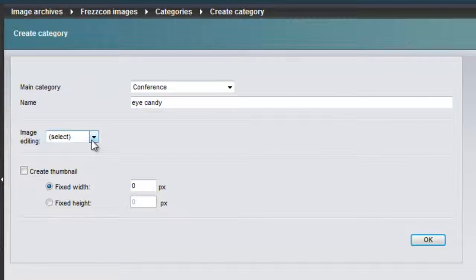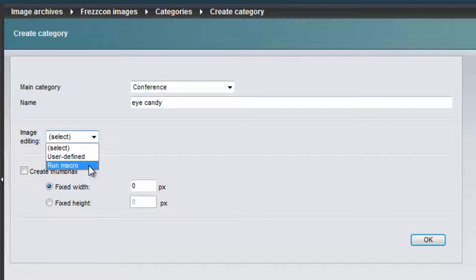Then I have a point here called Image Editing. Now, if I want Tangora to do something with my images as they're being uploaded, it's here I do it. Otherwise, I'll just want to ensure that Tangora doesn't futz with my images, and I could just skip this setting. Provided that I do want Tangora to adjust my images for me, I have two choices. I could either choose User Define or Run Macro.